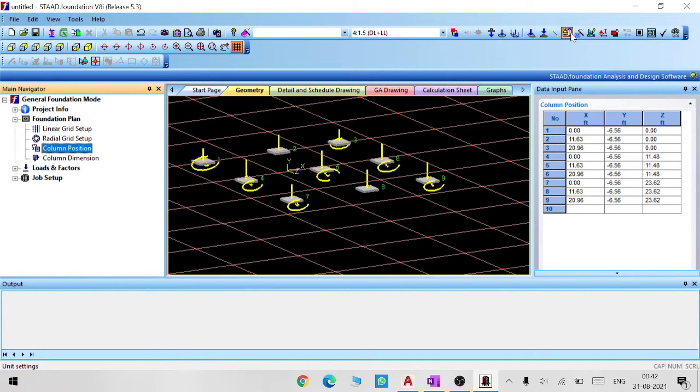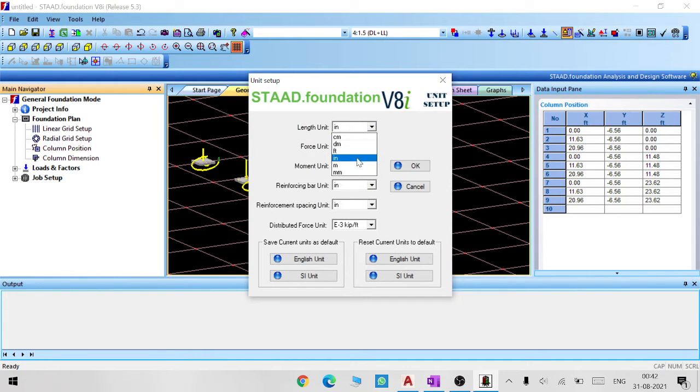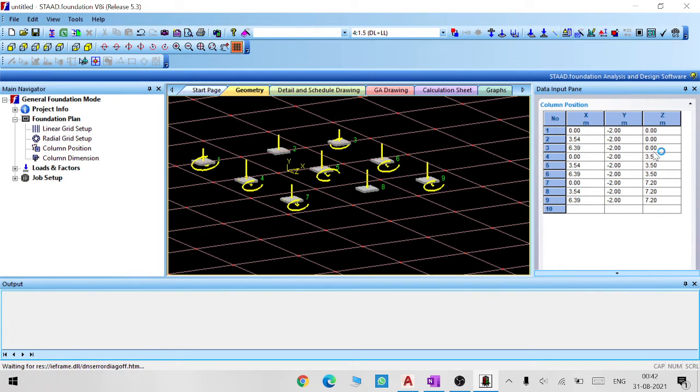Click the input unit. I need length in meter, force in kilonewton, moment in kilonewton meter, reinforcement bar in mm, reinforcement spacing in mm, and distribution force unit in kilonewton per meter. Click OK. So all the values changed into meters.